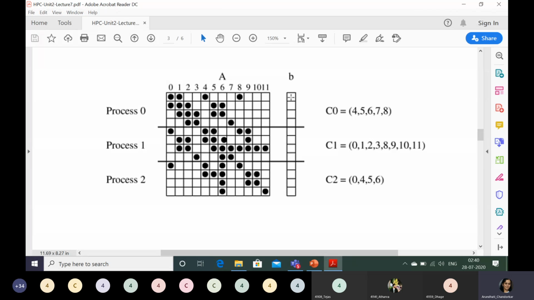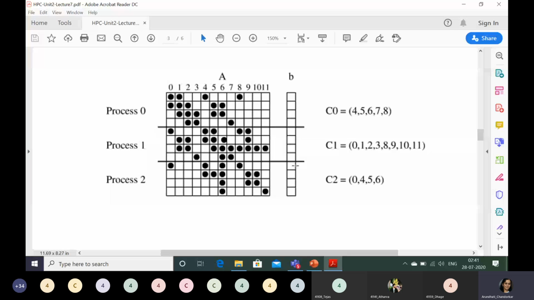So process 0 owns B0, B1, B2, B3. But what about the rest of the elements in the rest of the partitions, the processes that are listed here? Is it 4, 5, 6, 7? These are the elements of B owned by process P1. Why are all listed? Just see 4, 5, 6, 7, because all these four are needed in the computation. And why only 8? This B8 element belongs to the last partition. Only that element is required.